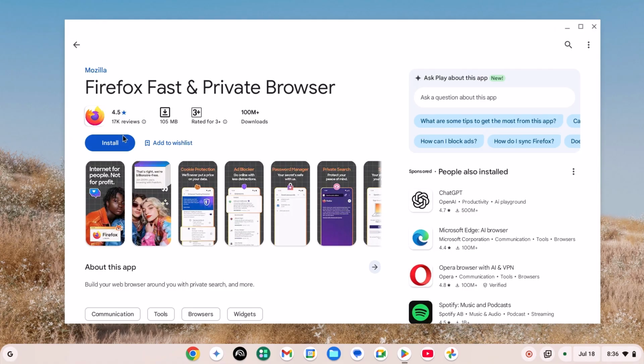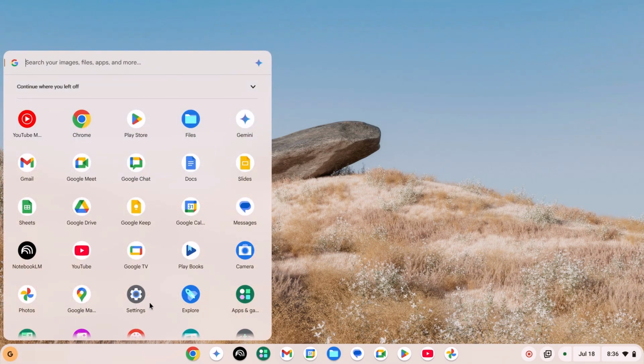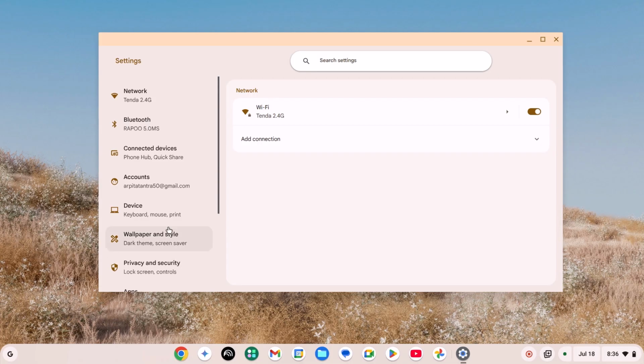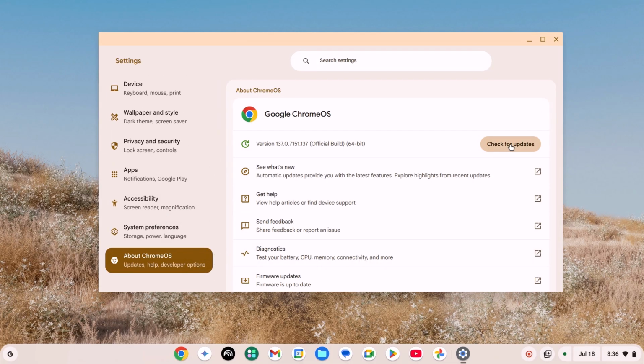However, if you don't have Google Play Store support on your Chromebook, then also you can install applications. For that, first of all, you have to update your Chromebook to the latest Chrome OS version. To update, click on the App Launcher icon, open Settings. Here scroll down and click on About Chrome OS, click on Check for Updates, and install the latest version